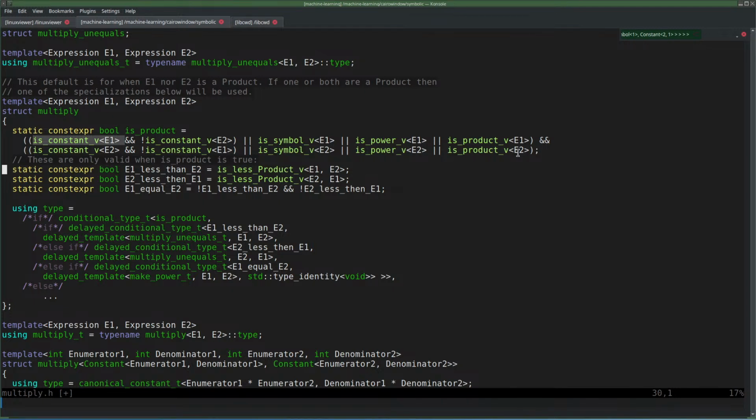That's 3. Or E1 can be a symbol and then E2 can be a constant or a symbol or a power or a product. That's 4. So then we are at 7. And then again plus 4, that's 11, and again plus 4, that's 15. So you need 15 different specializations